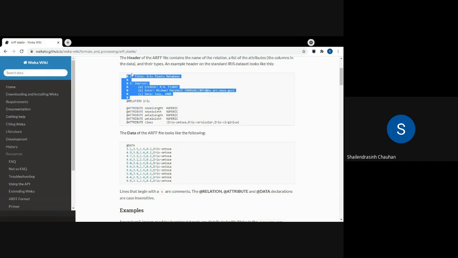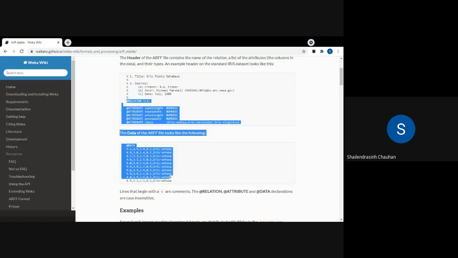This indicates that any line that you want to start with a percentage sign will be a comment. If you want to comment a line, you can just put a percentage sign at the beginning, and that will be converted into a comment. Right? So all these are the comments. And these are the three sections that we have discussed. So, first section.